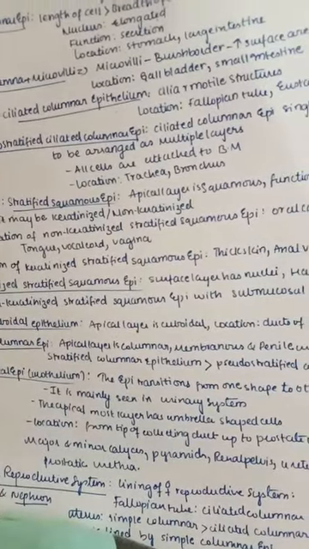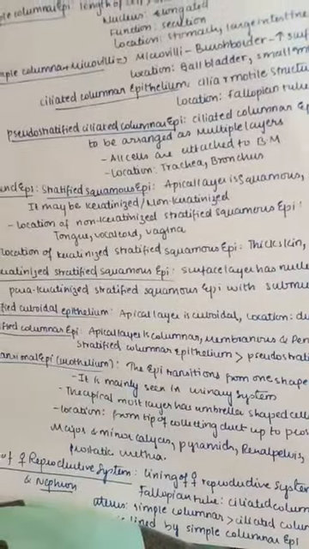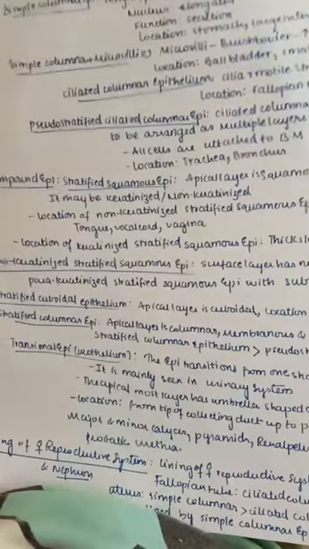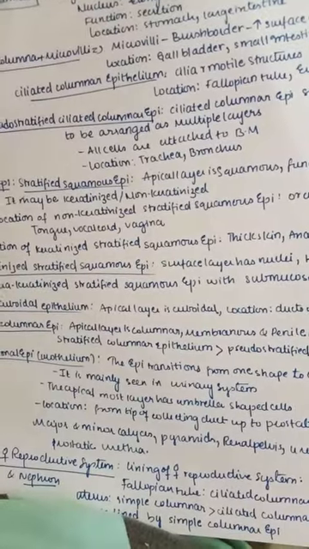Next, coming to the stratified columnar epithelium, the apical layer is columnar, and the membranous and penile urethra are mainly lined by stratified columnar epithelium and also pseudostratified columnar epithelium, but stratified columnar epithelium can be the best answer. And transitional epithelium, also known as urothelium, mainly transitions from one shape to the other, and it is mainly seen in our urinary system.